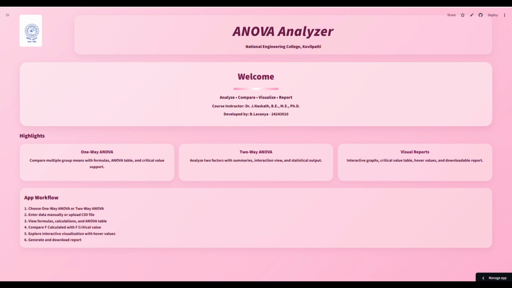For the backend, I have used Python along with libraries such as Pandas and NumPy for data processing, SciPy for statistical calculation, and Statsmodels for ANOVA analysis. These libraries handle the core logic of computing the sum of squares, F values, P values, and generating the final